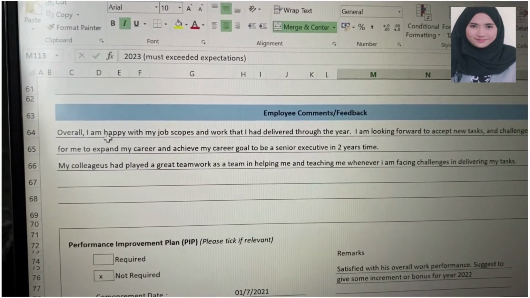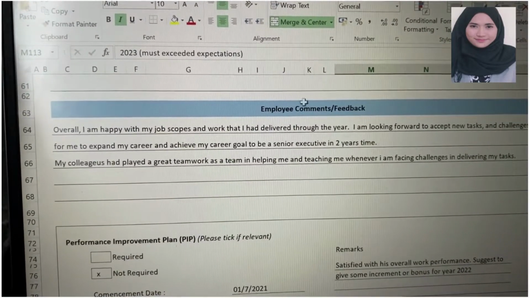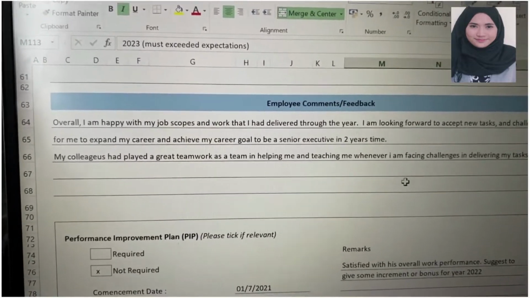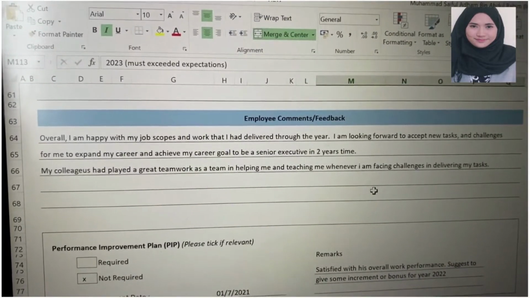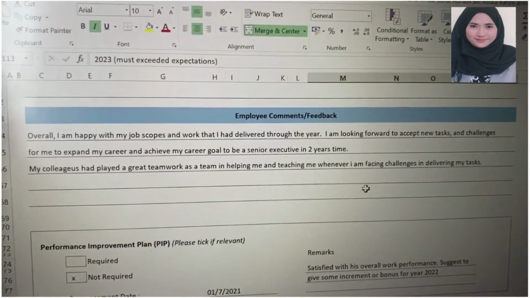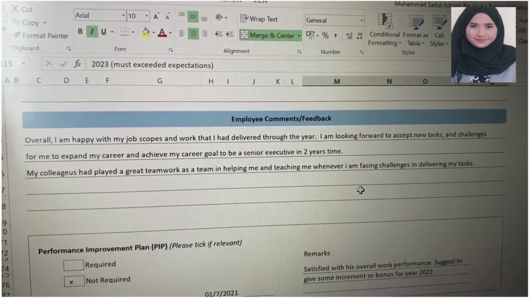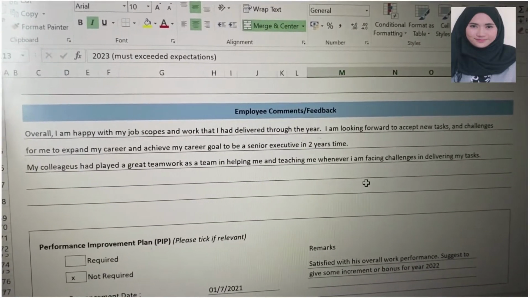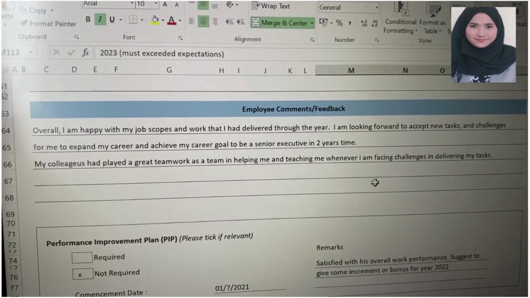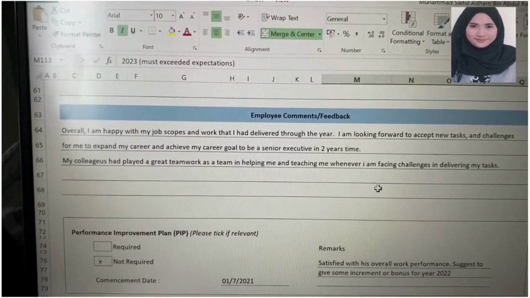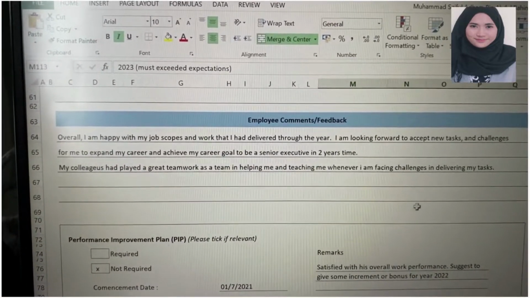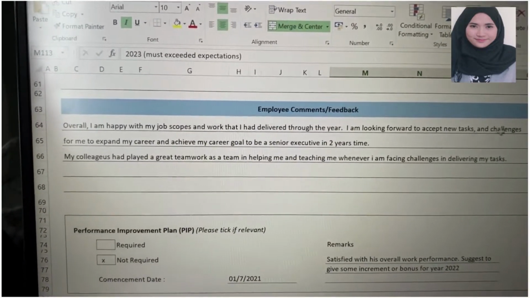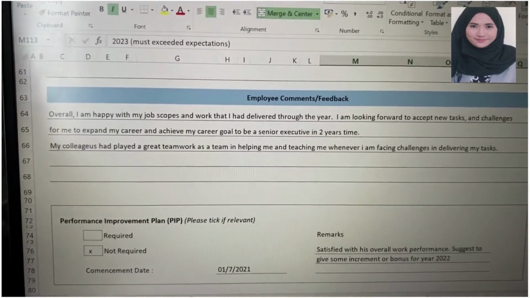So we can see here overall that Ali is really satisfied and happy with his job scope now, and he's looking forward to accepting new tasks and challenges for him to expand his career and achieve his goal to be a senior executive in 2 years time. Okay, so his colleagues have played great teamwork as a team in helping him whenever he is facing challenges